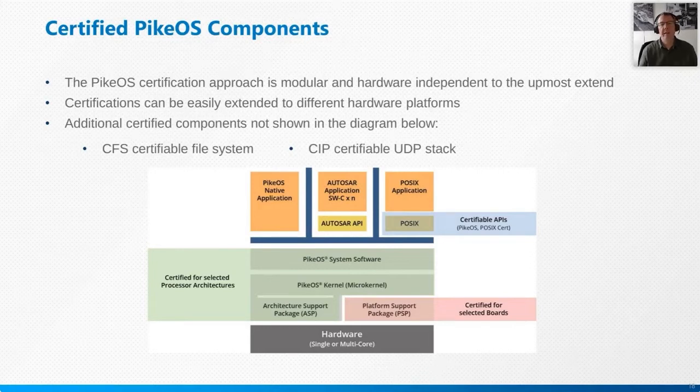So realistically, nobody will really certify a Linux operating system. And in the case of mixed criticality, this will run at lower levels, maybe DAL-C or DAL-D. But we have certifiable APIs, for example, our POSIX environment, our certifiable math library, our certifiable IP stack, and we also have certifiable file systems. These can be used in the context of your application, and because of their small size, they are quite usable in the context of higher level